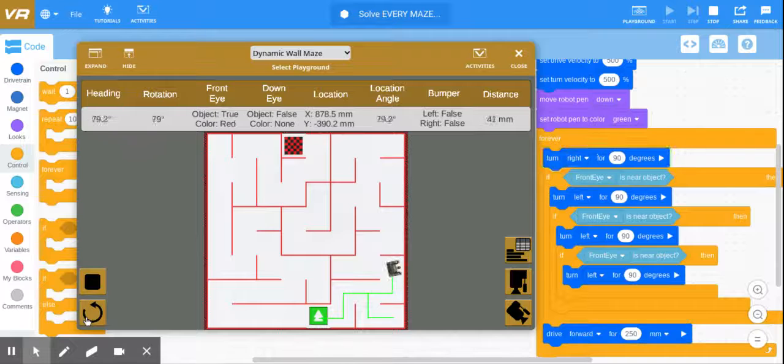And it will make it all the way to the end eventually. There's one problem, though. When we get there, we're going to fall off the edge. So my question to you is, how are we going to stop it from falling off the edge when it